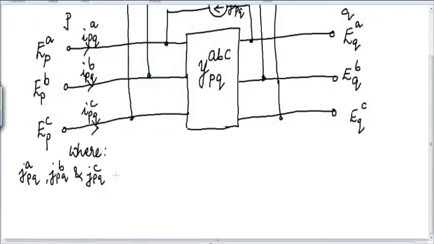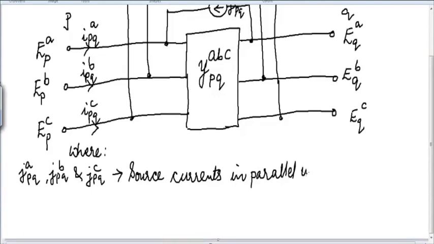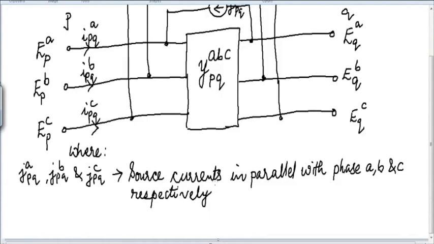So let us write here. These are the source currents in parallel with phase A, B, and C respectively. Okay. So this is the new part. Rest of the parts you all know. We have already written in the impedance form of representation. Only one more thing that will be new here is